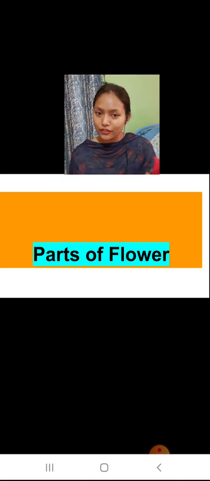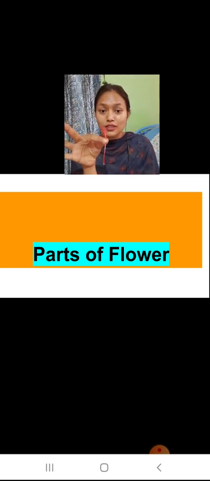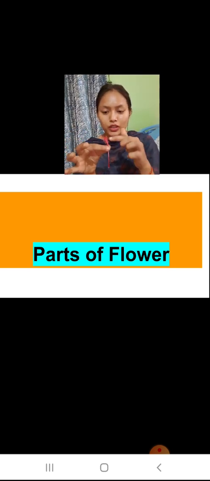Now these colorful parts are known as petals. Petals can be of different shapes and different sizes. They can have different fragrance also. So these are petals. Inside the petal a long stick is there, and this stick is known as what? This is pistil. Okay, now in the pistil then you can explain the stamen and parts of stamen also. So like you can explain each and every part of the flower.